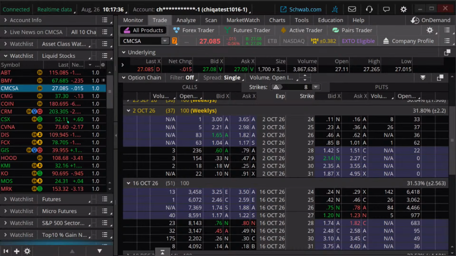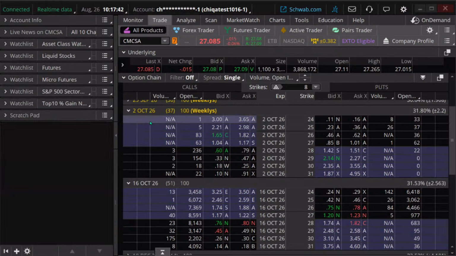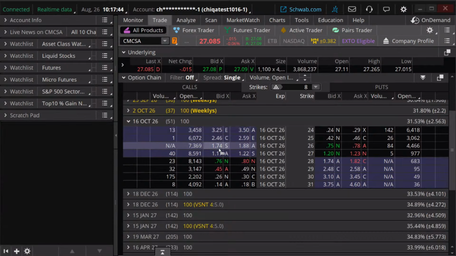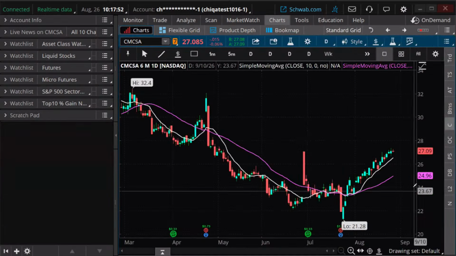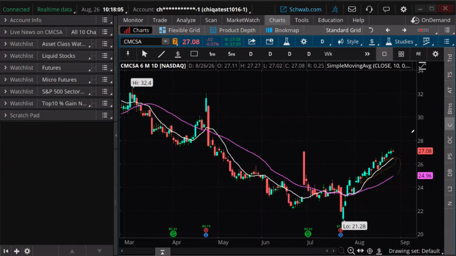So let's do a trade, and then I want to show you some other stuff before we get to the management of our other trades. I'm going to go to the monthly contracts, the more liquid ones, and I'm going to do a long call vertical here. With a long call vertical, I'm going to go with the trend, okay? And I'm going to say, well, how high is this likely to go? We're going out to October 16th, so we've got a month and a half or so to go.